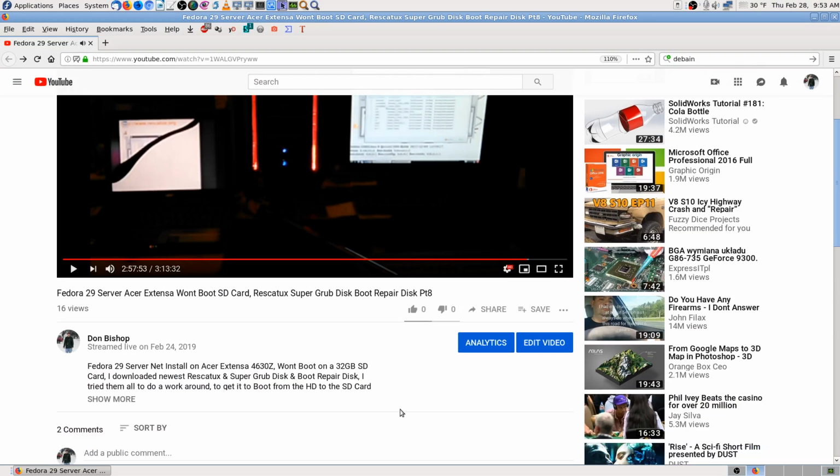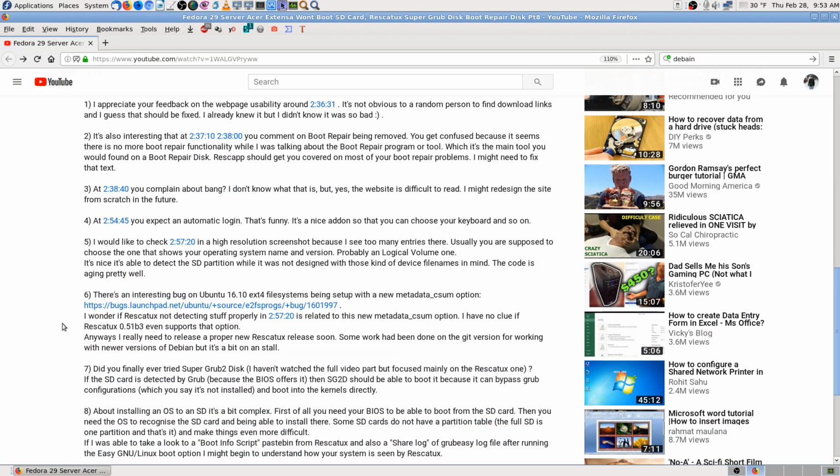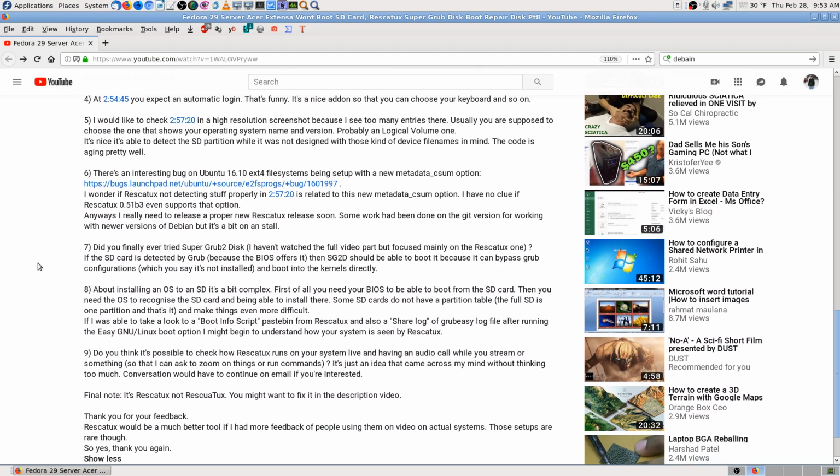So, this is where we're going to install Grub. To me, from what I saw there, it actually did, like he said, it wasn't intended to support it, but what I was surprised about is that it saw my SD card, all the partitions on my SD card. It actually saw